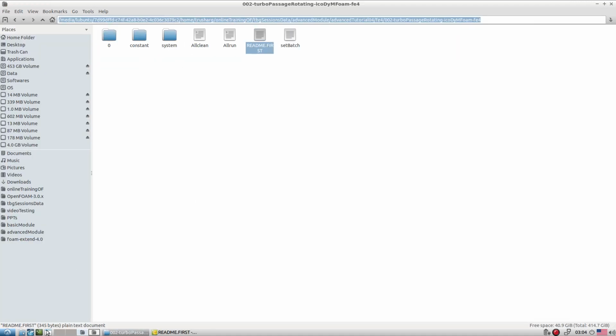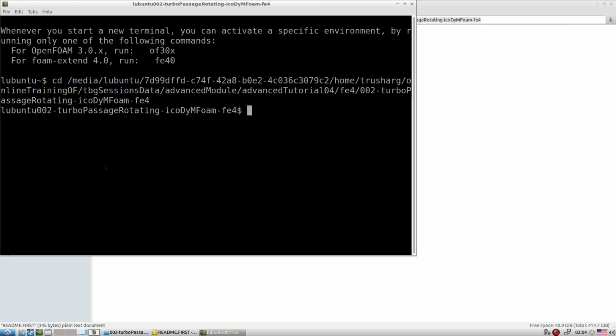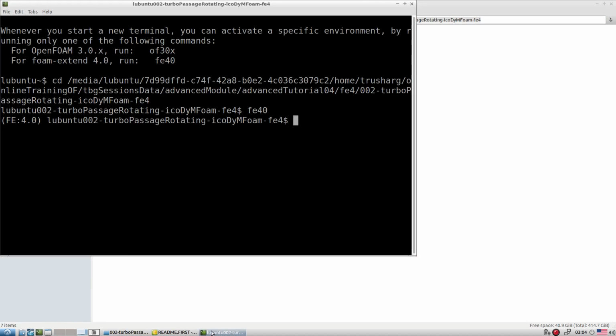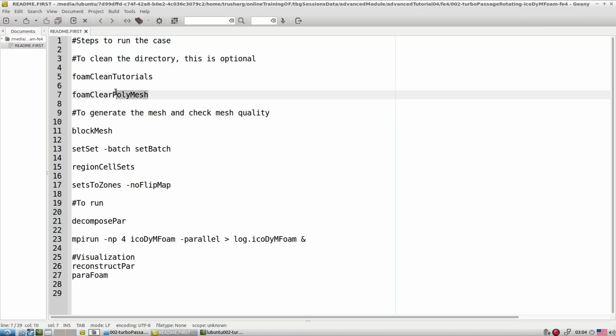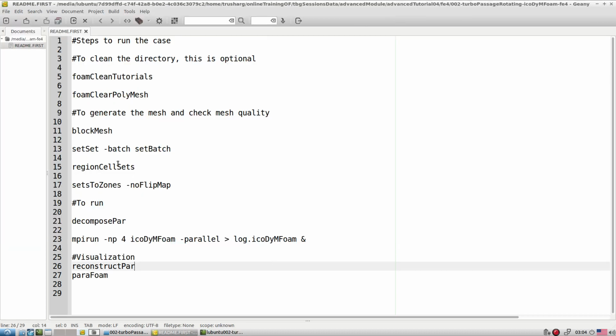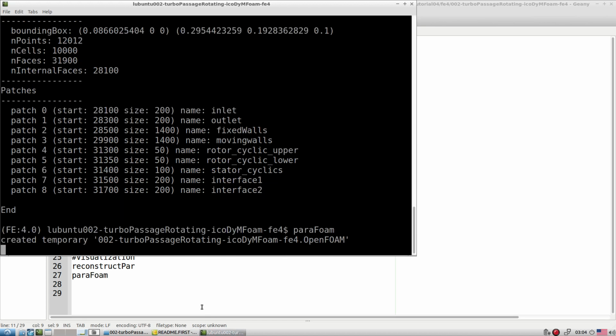Okay, first we look at the mesh and try to understand the test case. So we are using the OpenFOAM Extend 4.0 version. Okay, and here is our readme file. So let's explore. First clean the case. Let's go for blockMesh. Check the mesh, so it gives us the idea exactly how our